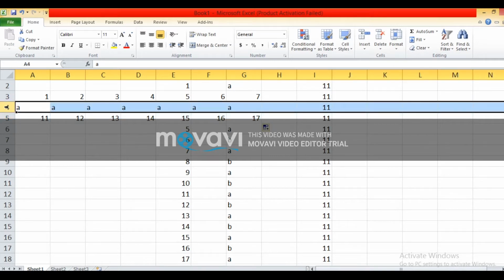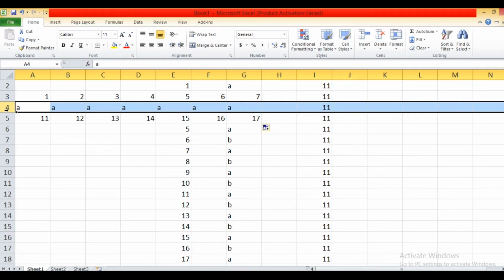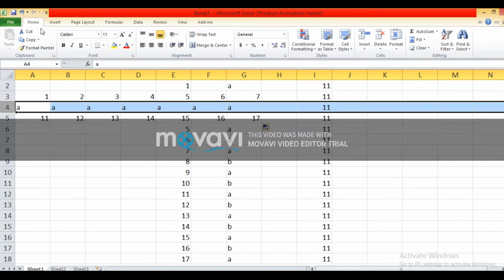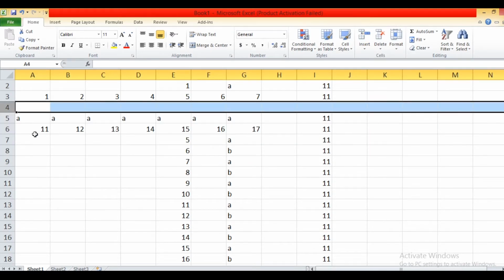Select the row where you want to insert a row. Then click on the Home tab. From the Home tab you have to click on the Cells group. In the Cells group you have to choose the option Insert. Insert Sheet Rows, and a row gets inserted between the two rows.